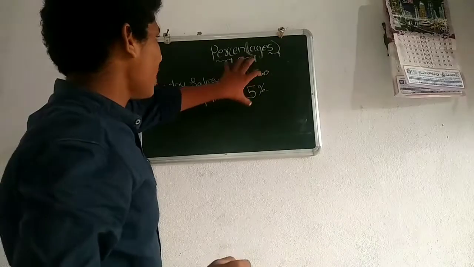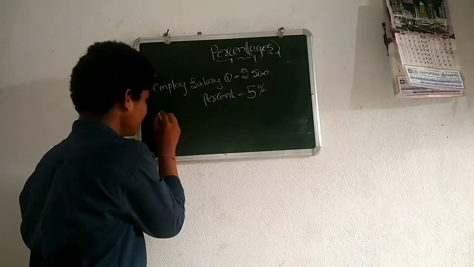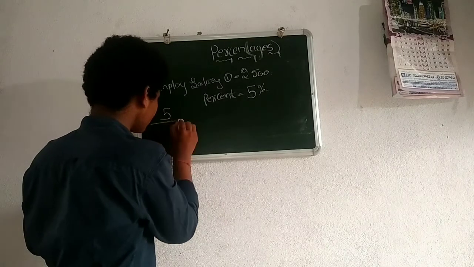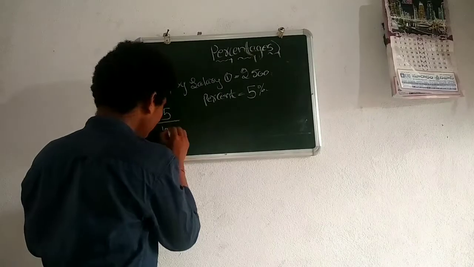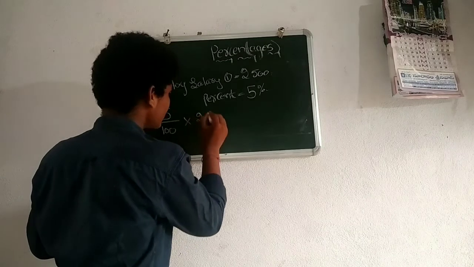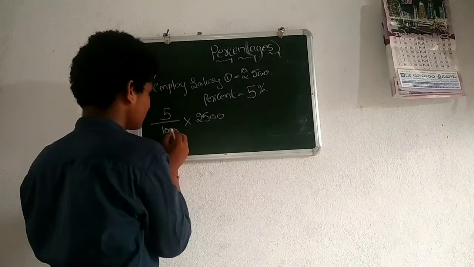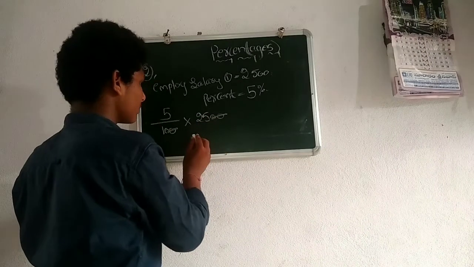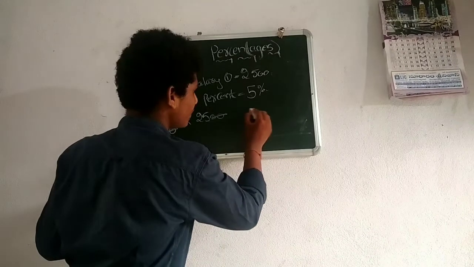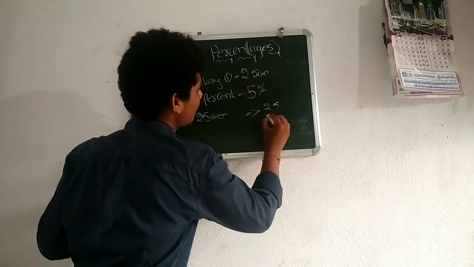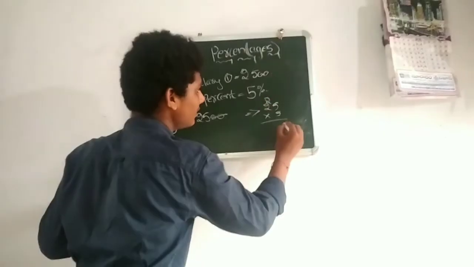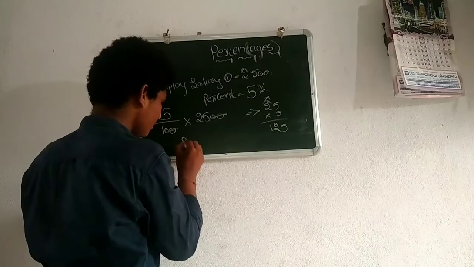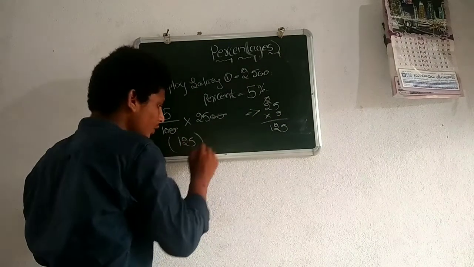5% he is going to increase. How to find out? Okay, simply we know the method here. 5 by 100 into 2500. 2 zeros, 2 zeros. Multiply this. 25 into 5, 5 fives are 25, simply 125. He is going to increase his money